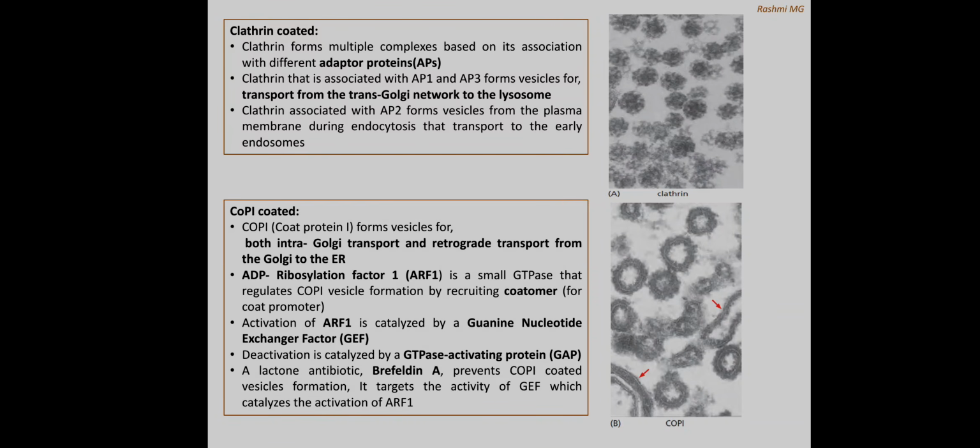This COP1 coated transport vesicle transports the protein from Golgi to Golgi, meaning intra-Golgi transport, and it is also helpful in retrograde transport, from Golgi back to the ER. Both intra-Golgi transport and retrograde transport are the function of COP1 coated